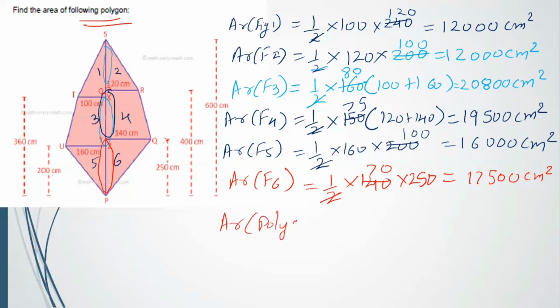Now, if I have to find the area of this complete polygon, the area of the polygon is equal to, I have to simply add all of these areas, and on adding all these areas, what I get is 97,800 centimeters square. Got it, children? So not to get scared off, just look at it, we divide the figure into different parts, do it in chunks, and then add all the areas. You get the area of the polygon as 97,800 centimeters square. Got it, children? Understood, all of you? Okay. There are a few more questions and they are important, so please watch till the end, children.